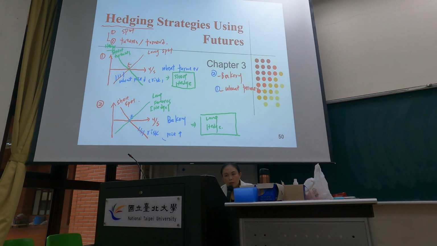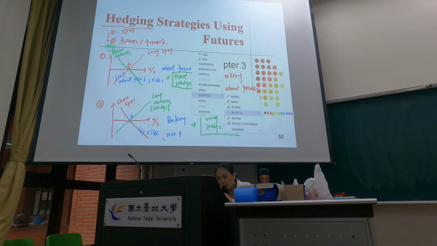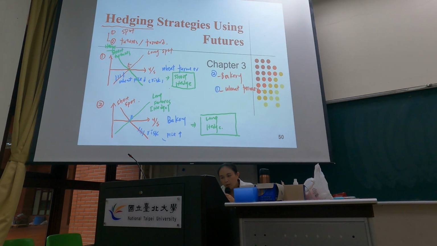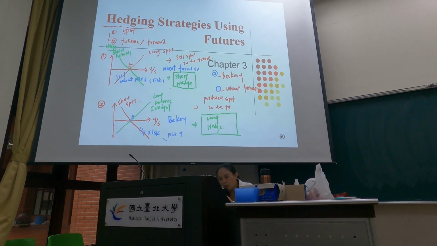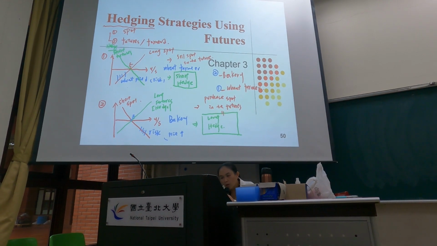So far so good? Okay, before we go away: short hedge, you are expecting you're going to sell spot in the future. Like if you are a wheat farmer and you harvest in October, you are expecting that in October you're going to sell, right? Okay. So long hedge, you are expecting you will purchase spot in the future. Okay, remember the